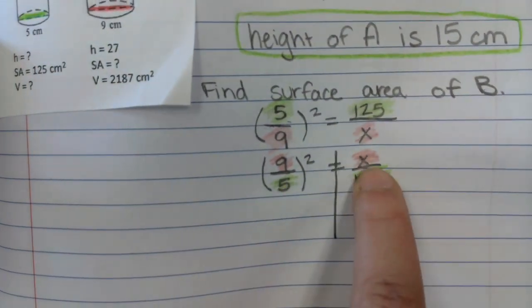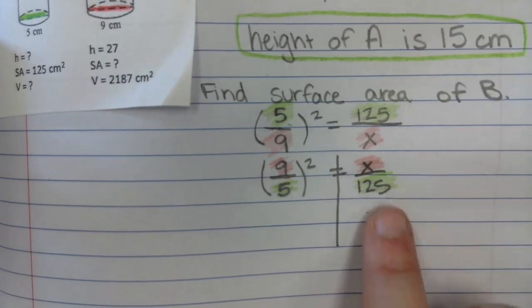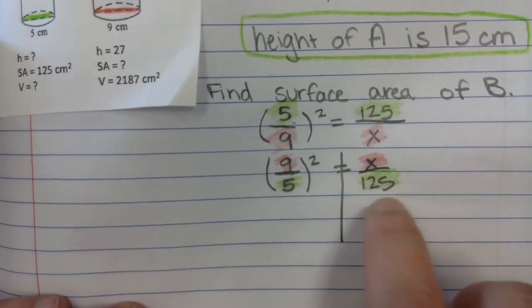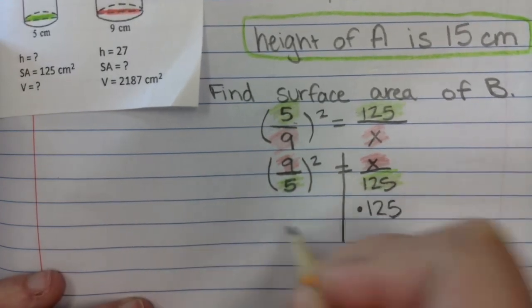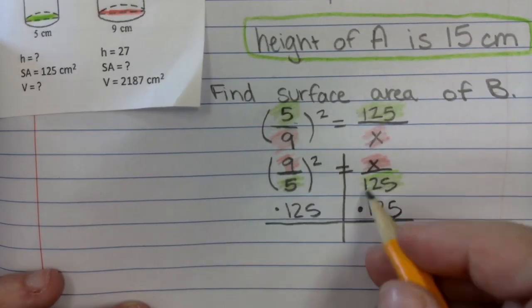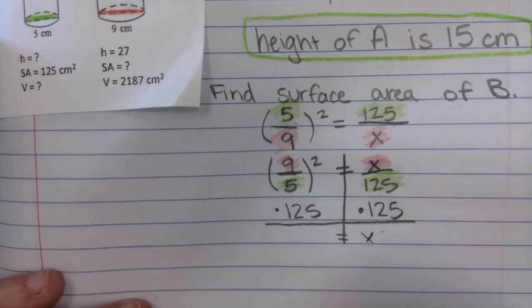I need to get x by itself. So what do I have to undo? The 125, because that's what's with the x. Good. So how do I undo divide? Multiply. And that gets rid of the 125 here, so I'm left with just x. But in my calculator,